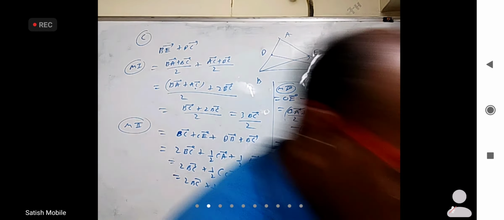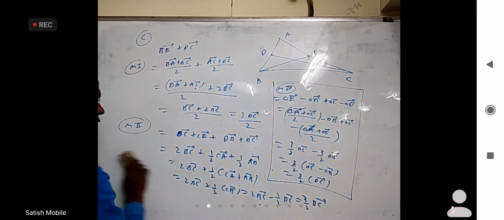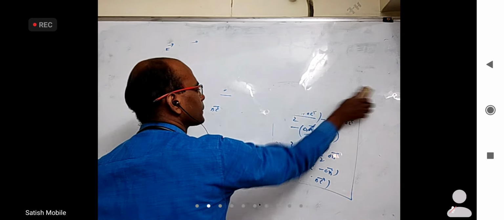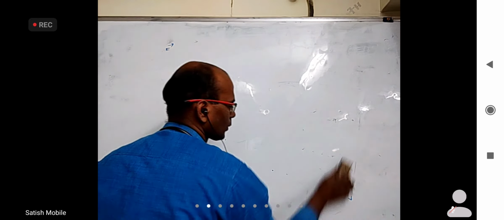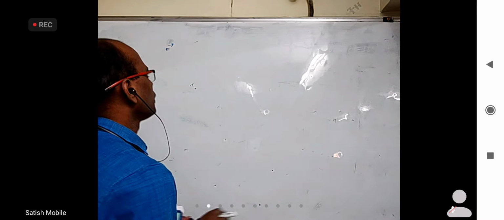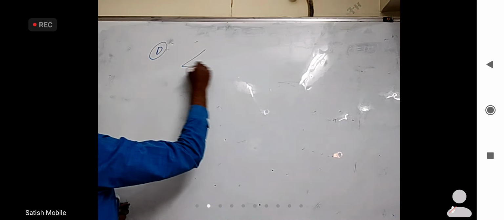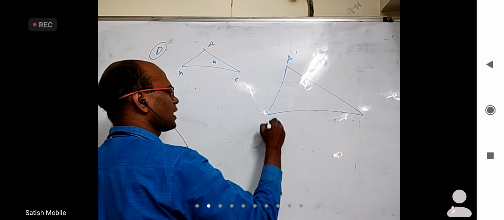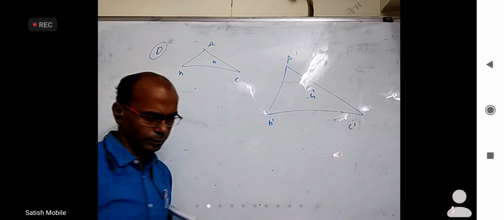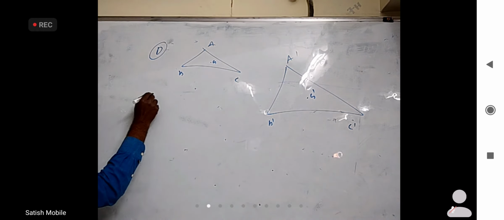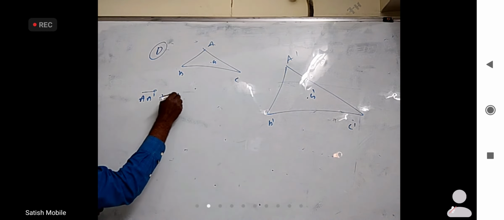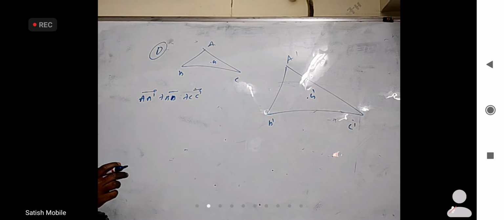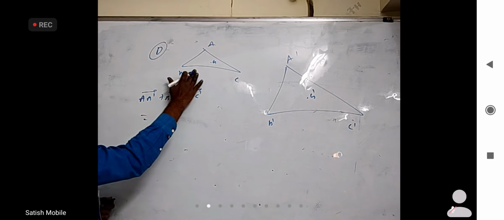Okay, time is finishing, so let us tell option D and stop for this. Option D here: there is one triangle ABC with centroid G, and there is some other triangle A dash, B dash, C dash with centroid G dash. They want A dash bar, B dash bar, C dash bar. This one triangle has one centroid, this is another one.